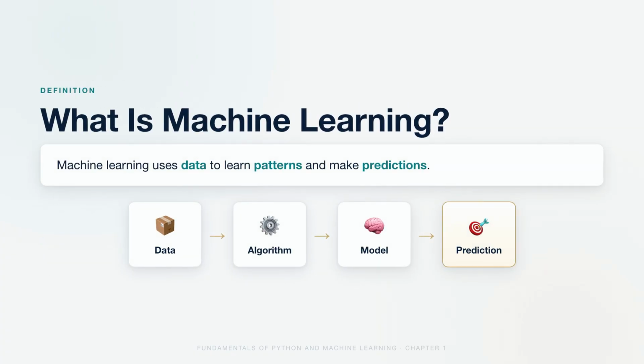Machine learning is a field of artificial intelligence that allows computers to learn patterns from data. Instead of giving the computer every rule manually, we give it examples. The algorithm studies those examples, identifies patterns, and creates a model that can be used to make predictions, classifications, or decisions. At a simple level, machine learning is about using data to help a computer make informed guesses about new